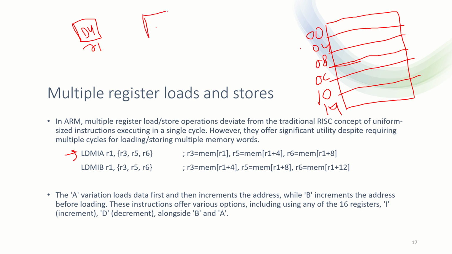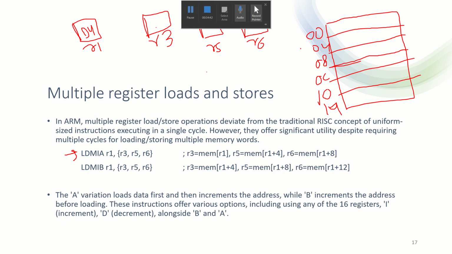Then there are 3 more registers. We have R3, R5, R6. Now I write LDMIA R1, comma, in curly braces R3, R5, R6. Okay, then